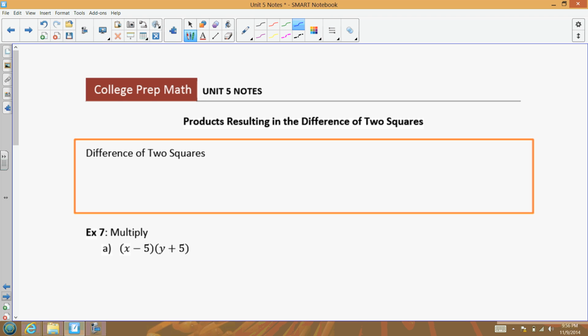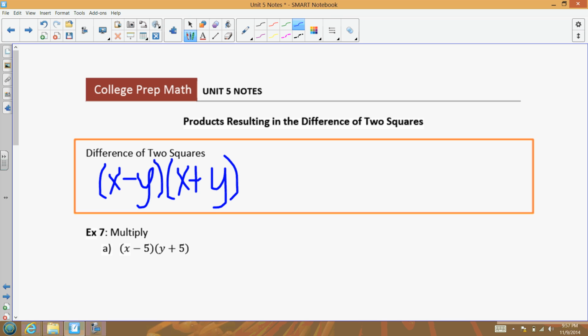But first thing we want to do is look at how we can use this difference of perfect squares formula to help us simplify some multiplication. So we're really just looking at some special cases here and looking for some shortcuts. If you choose not to use these shortcuts, that's totally fine. But basically, whenever you have two terms, so if I have x minus y times x plus y,